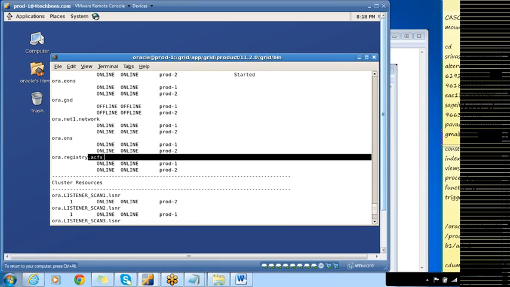ACFS is a file system which is developed by Oracle again. One of the problems with ASM is that you can only store binary files, right? Can I store a text file in an ASM disk group? So ASM is only used for storing binary files. DB files, redo log files, and the SP file are binary files, so we can store them on an ASM disk group. But that was still 11g R1.